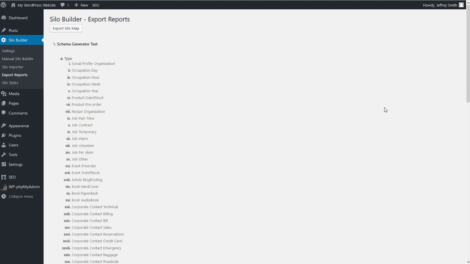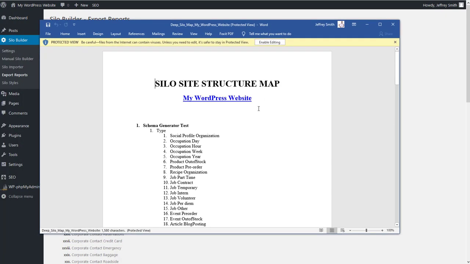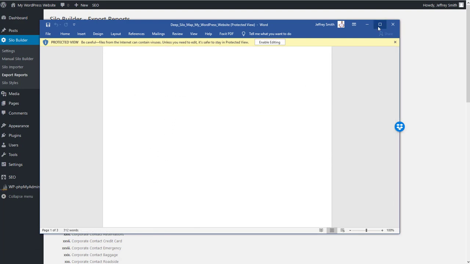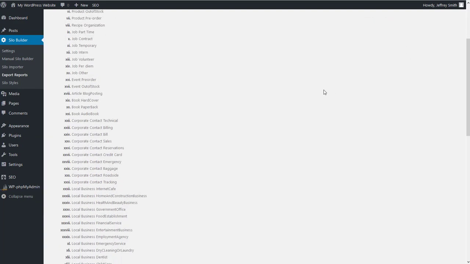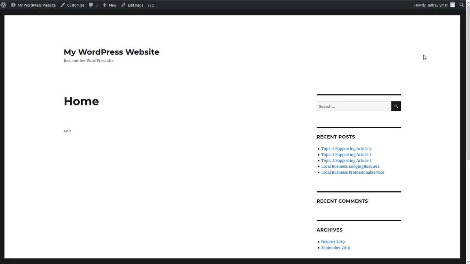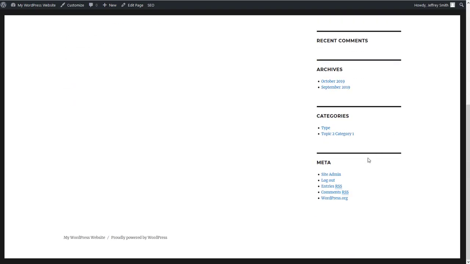So you can actually see your architecture that you've built out over here at a glance. And so this will help you to literally structure your site in a way that makes the most sense for both your users as well as for search engines. And the cool thing about this is once you're inside of one of these areas,